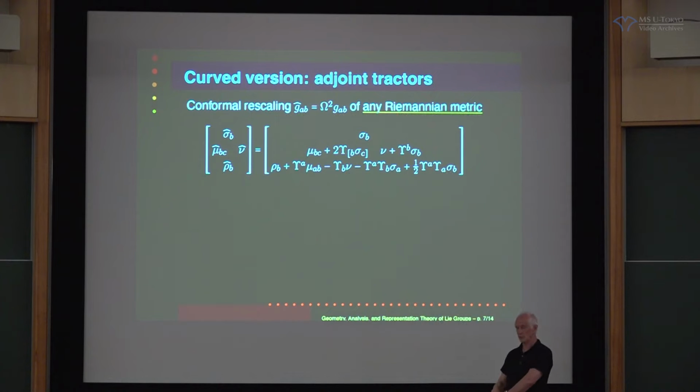So I said that on the previous slide we were starting with the unit metric on the round sphere. Suppose you start with something else on the round sphere, but it happens to be conformally equivalent to it. Okay, so a conformally flat metric. So you should be able to figure out how all these gadgets change. And they change in a nicely specified way.